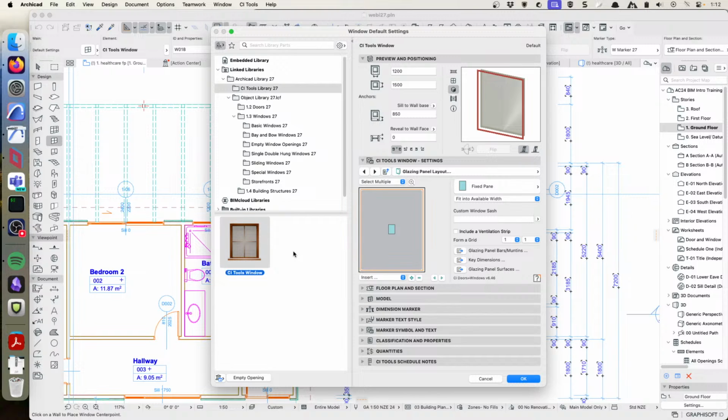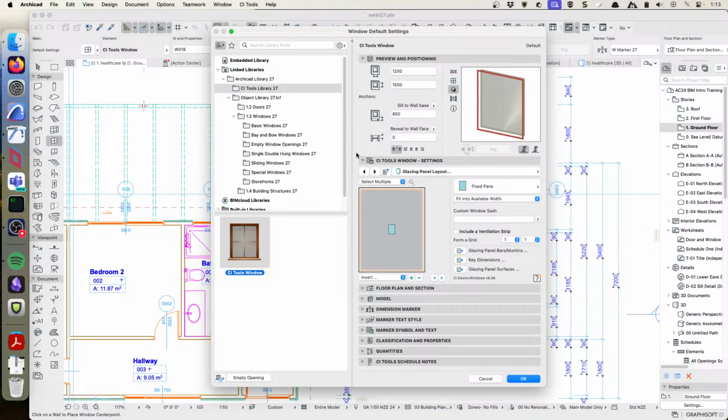Then once you get further down the track and you want to add detail to this, you want to turn it into something closer to what you want your actual window to be like, you don't have to do anything except add that detail that you want. You don't have to change objects. You don't have to move it around or do anything like that. You just add in the detail that you want. And this will allow you to go all the way through the process. So once you get to the documentation level and you're wanting to get it specifically showing in the exact way that you want it to, the settings are here for you to be able to do that as well. So it will be with you at every step of the design process, regardless of where you actually put the